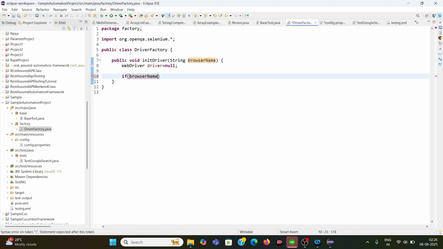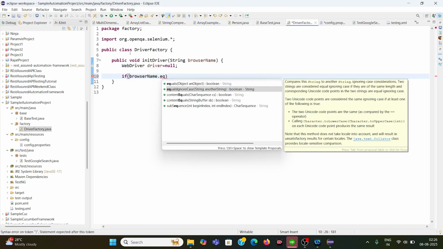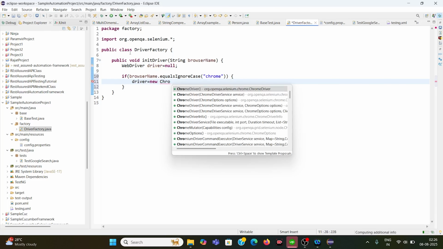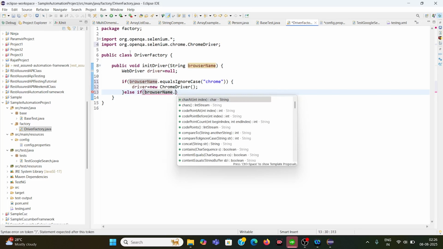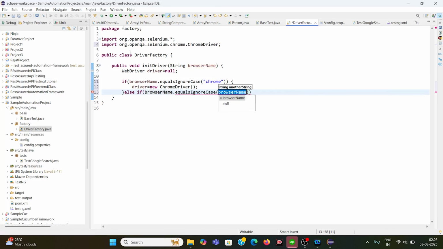If browser name dot equals ignore case Chrome, driver equals new ChromeDriver, else if browser name dot equals ignore case Firefox,